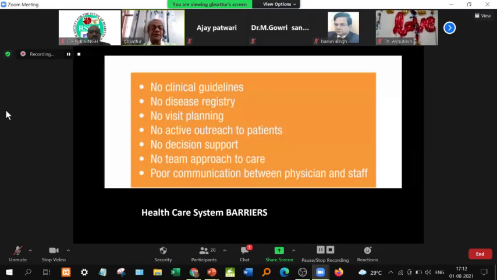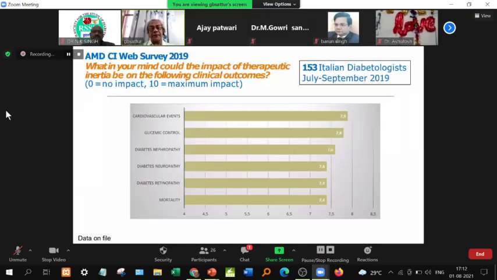And of course, the healthcare system. We don't have a disease registry. We don't plan the visit. Sometimes we accept patients anytime they come, especially in a place like mine, Hubli in Karnataka. This is a famous tier-2 town, and I treat around 40% villagers. They come from around 150 kilometers to see me, and I can't say come with an appointment. So these are healthcare problems which do affect our ultimate therapeutic inertia.